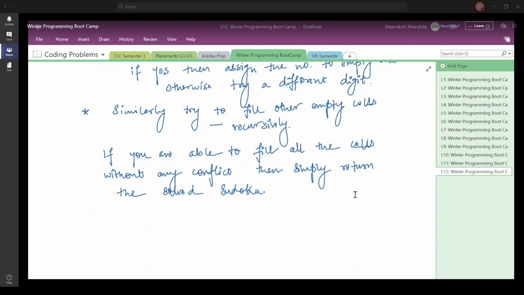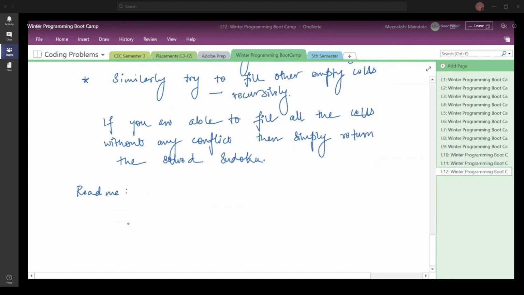Okay, so there is this other thing that, like I mentioned for the other project, you will have to create a README file. Similarly, in this project as well, I am expecting that you create a README file. So what are going to be the contents of the README file? The first thing that your README file should have is what it is that you have used.